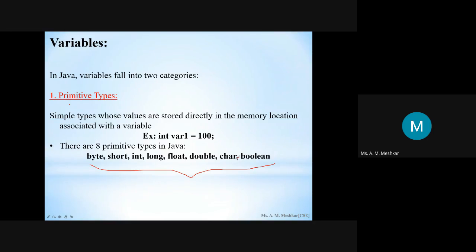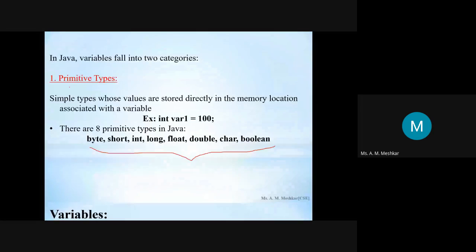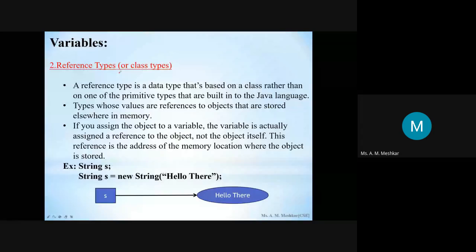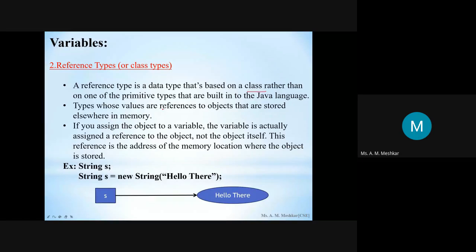And then reference types, second type. Variables can be of reference type or class types, meaning we can call them user defined types, because we write classes. So whenever we are creating variables of a class, like objects of the class, then it is called a reference type variable. So what happens in Java, see, whenever you are creating an object